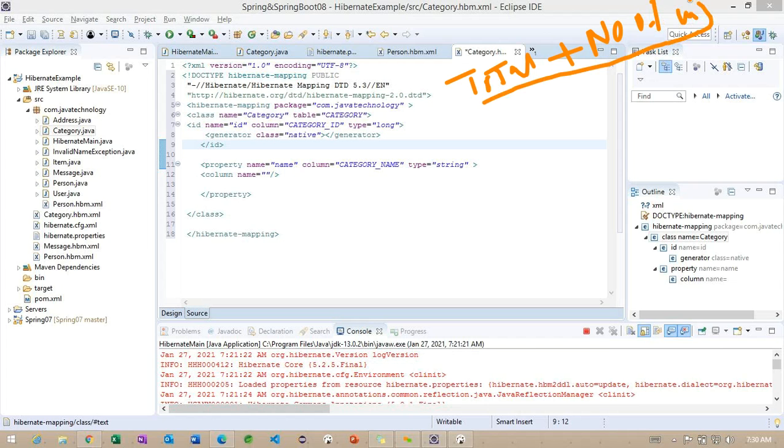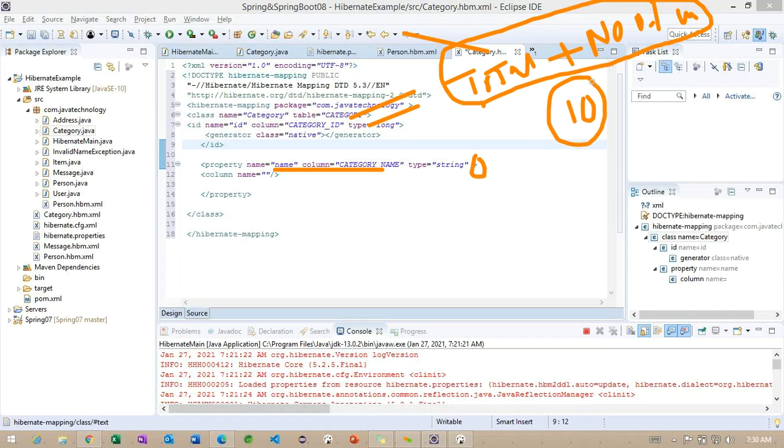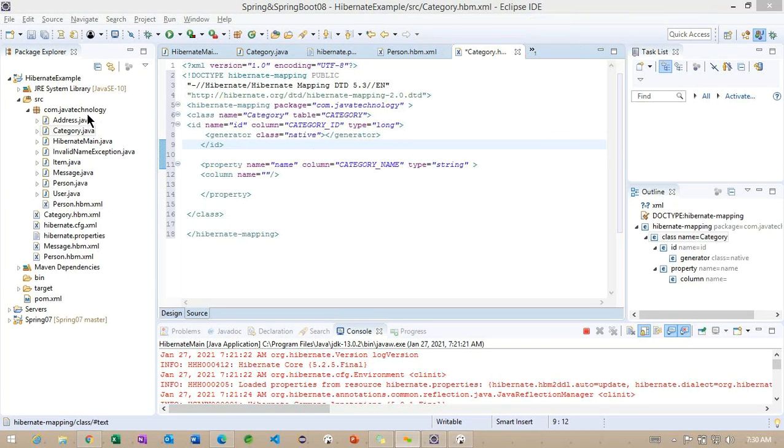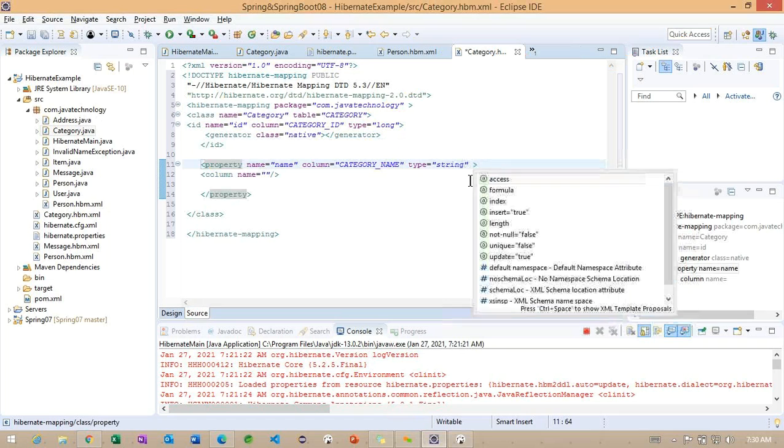So if we calculate these two columns, whatever output we get, if we want to insert the same value into this name column, we can specify the formula here. Getting the point? So just imagine total plus number of categories. If for example we get 10, by default the value 10 is going to be stored in this column called category name. How is it going to be stored? Because of the formula. Based on the formula, we can store it here.